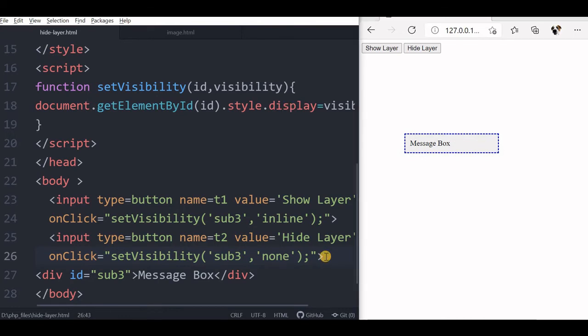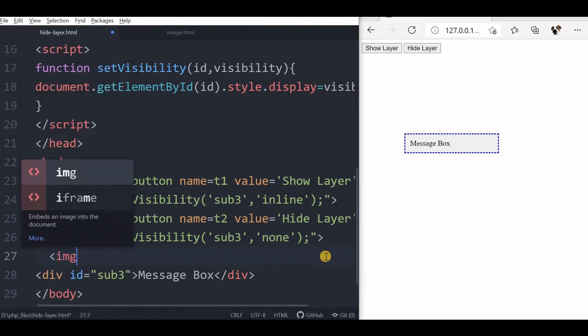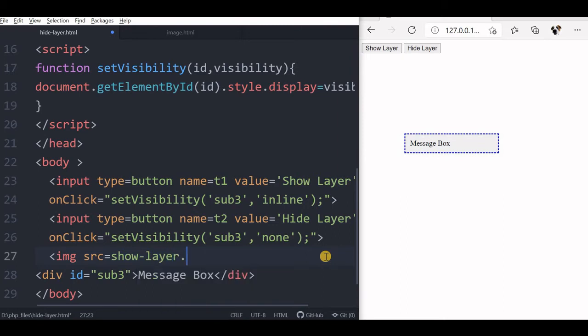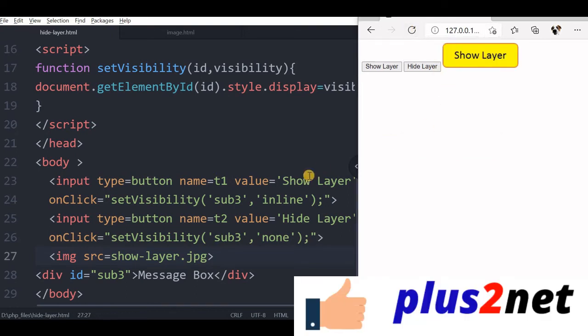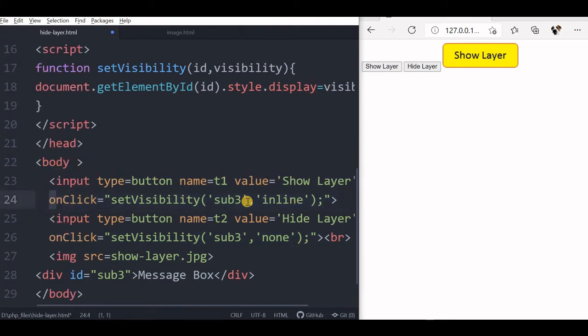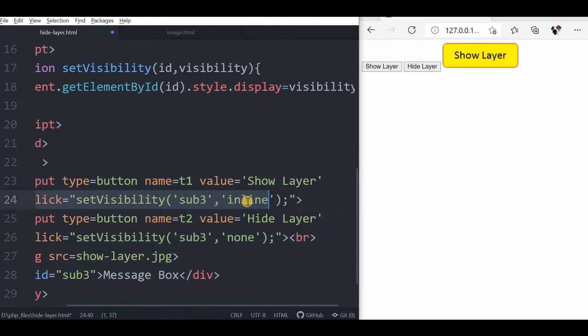I have one image in the same directory. Let me just display it, layer.jpg. Let me save it and refresh. Yeah, it is there. I will just give a line break here to bring it down. Fine. Here what I will do is, on click, setVisibility inline.